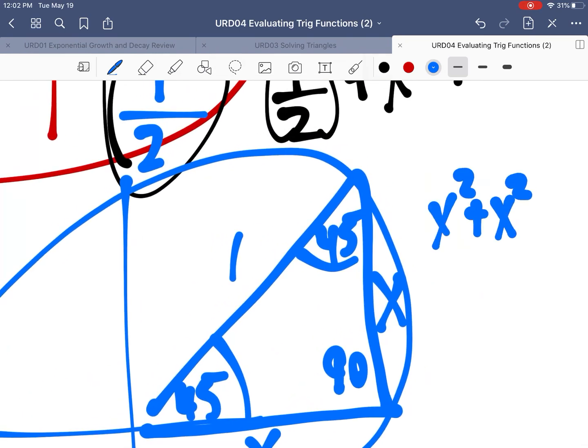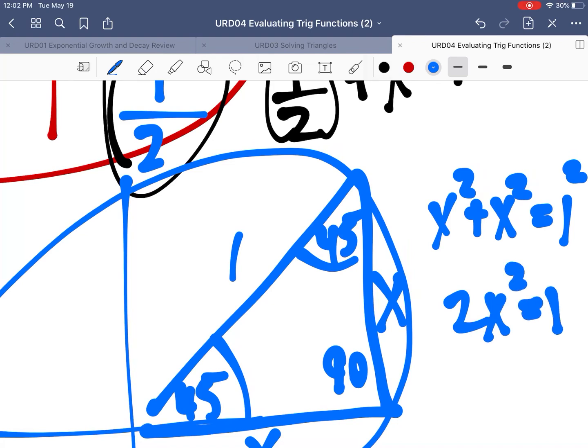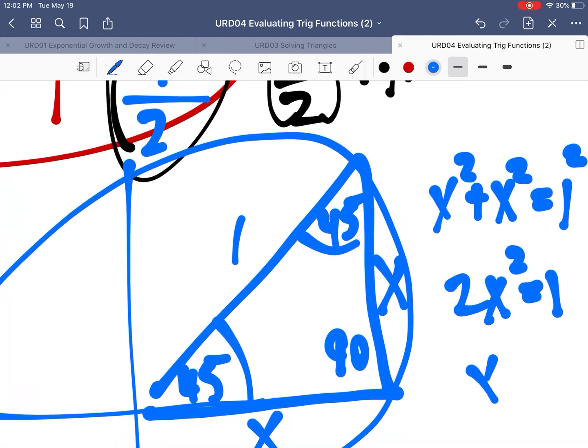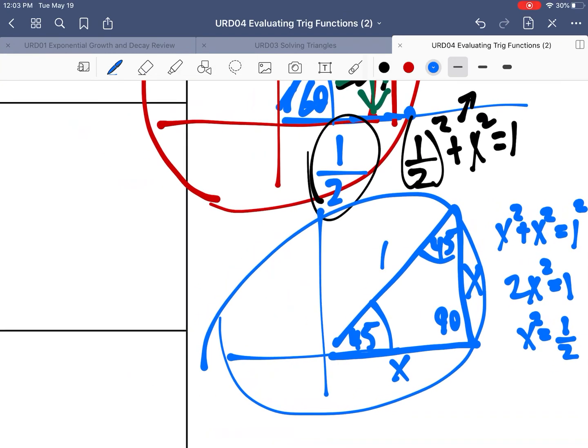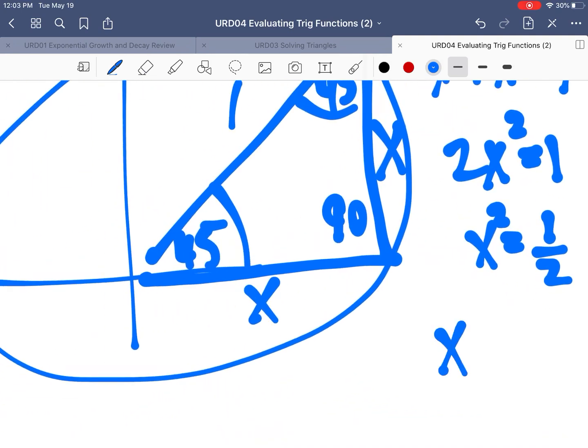So we're going to say x squared plus x squared equals 1 squared by the Pythagorean theorem. We're going to get 2x squared equals 1. By dividing both sides by 2, we get x squared equals 1/2. And by taking the square root of both sides, x is equal to 1 over